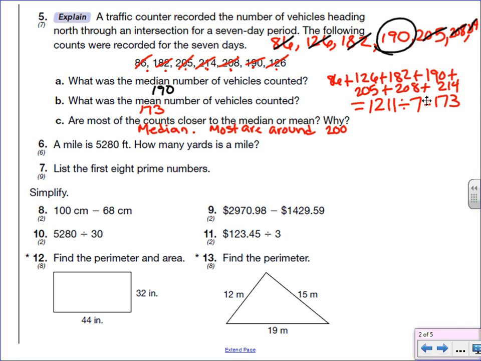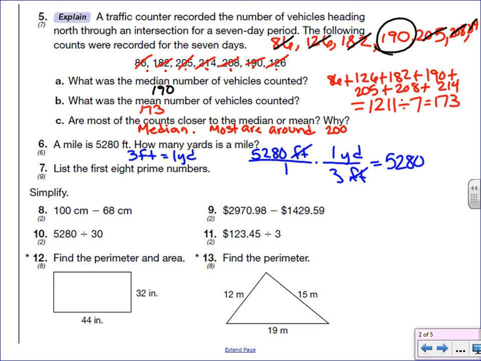A mile is 5,280 feet. How many yards is a mile? Well, we know that there are 3 feet in 1 yard. So we have 5,280 feet over 1. Feet needs to go in the bottom of the next fraction. So that'll put 3 feet there, 1 yard on top. Feet get canceled out. And since 3 is on the bottom, we take 5,280 and divide it by 3. So